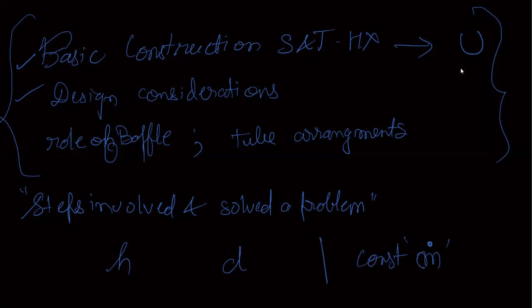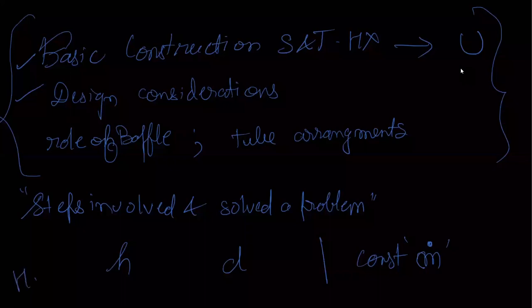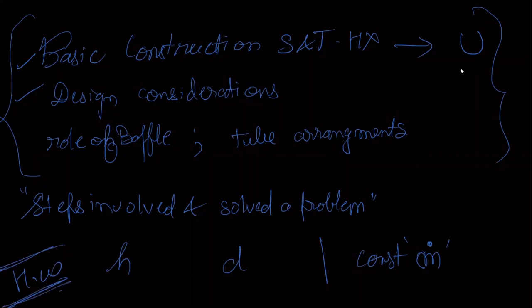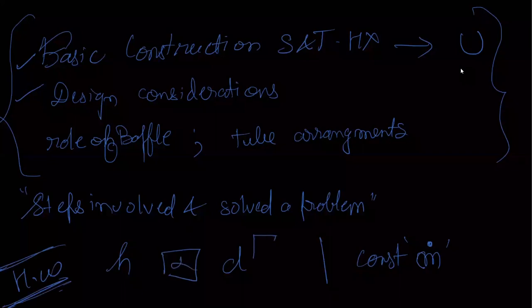So mass flow rate has been kept constant, and now I am changing the D. So velocity will also change, because mass flow rate is constant. If the diameter increases, the velocity will decrease. So you need to incorporate all those and find out the relation. So this is homework for you. Find out this relation for me. Okay, what is H proportional to for a case of constant flow rate?